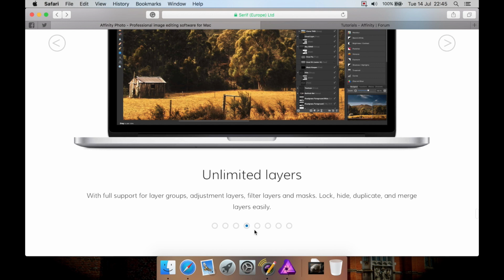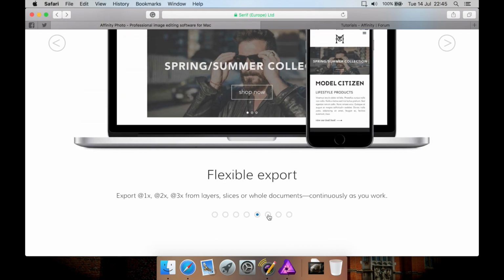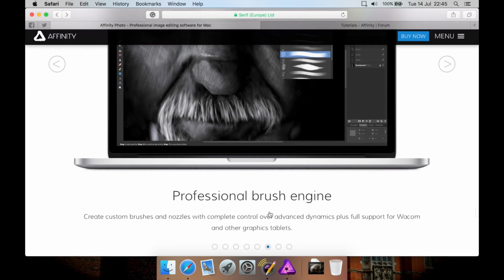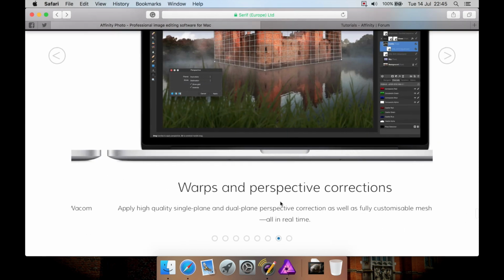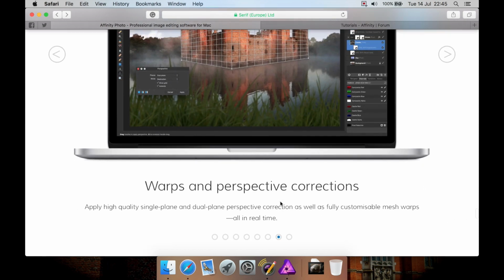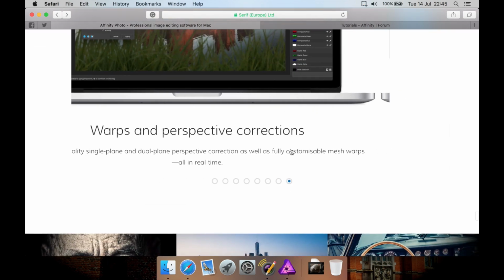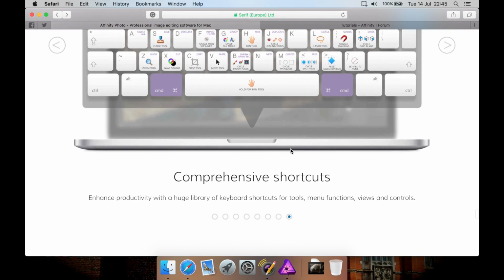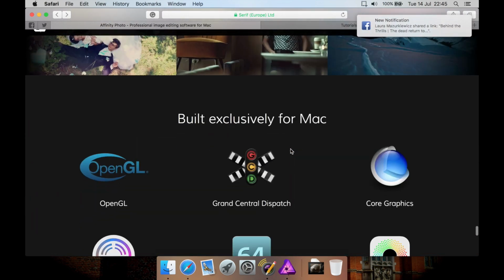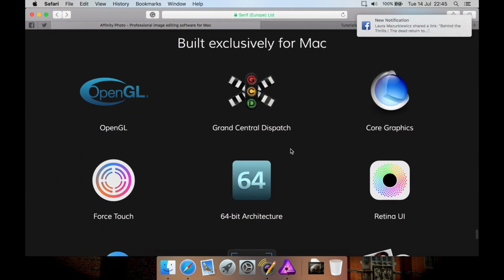Unlimited layers, which is handy. Flexible export, including export at 1 to 3 times for high DPI work. Professional brush engine. Warps and perspective corrections, and there's a sort of demo there of what that does. Various comprehensive shortcuts. And as you can see, because it has been built exclusively for Mac, it takes advantage of some of the OS X's